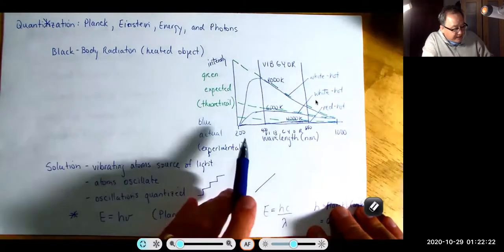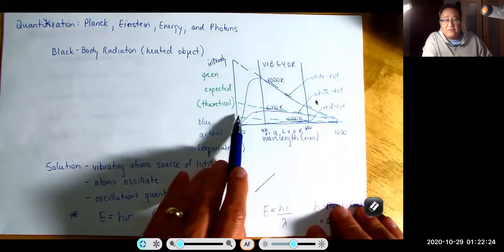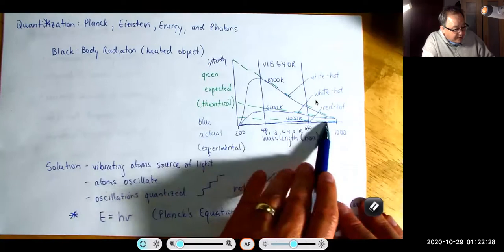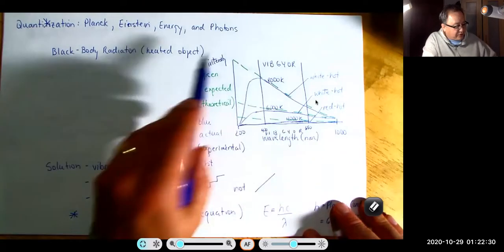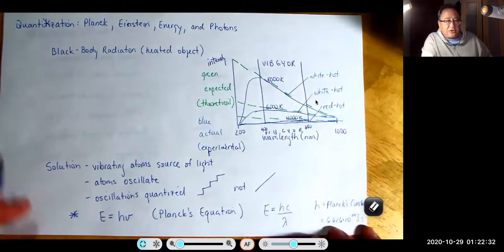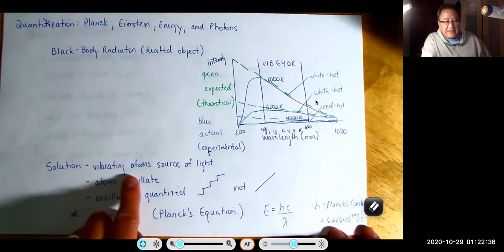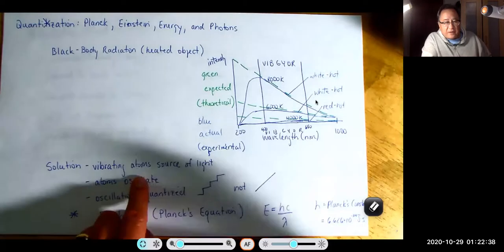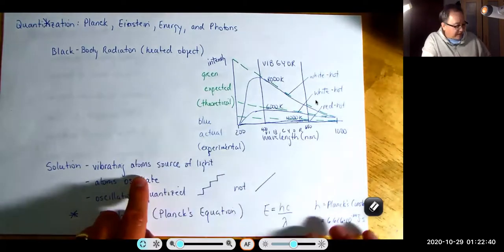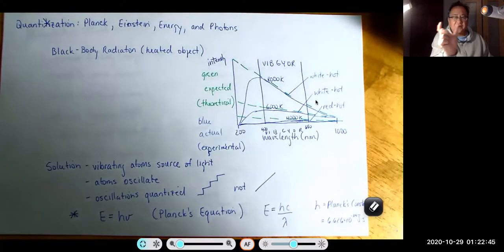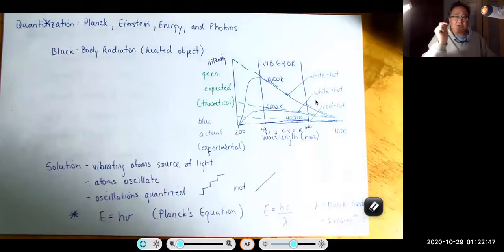Theoretically, what we expect is that for a lower wavelength, we should have more energy. And so the graph should look like the green. And the question is, why doesn't it look like the green? The solution came from a guy named Planck, who said basically that the atoms vibrating are your source of light. When the atoms oscillate around a certain position, they give off energy. And it turns out that there is a